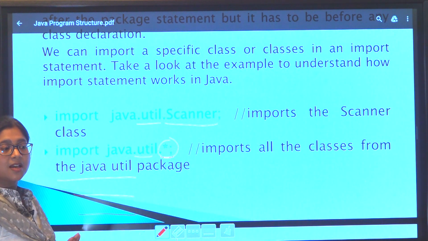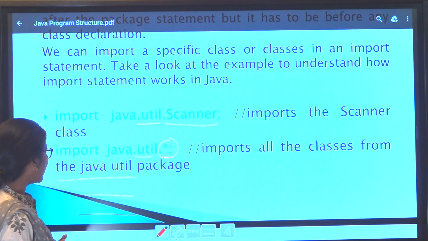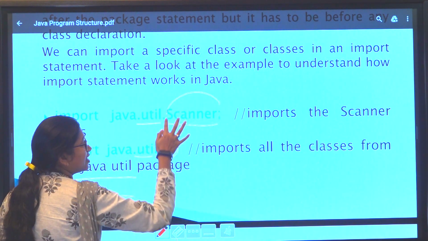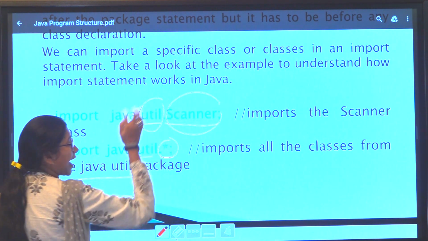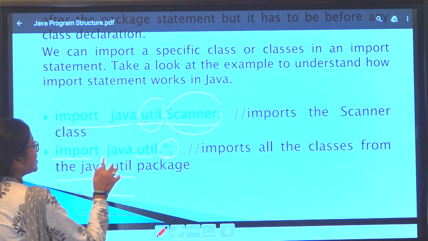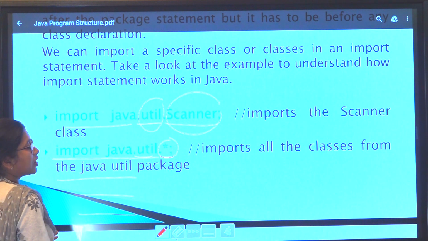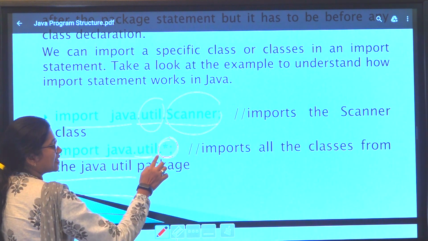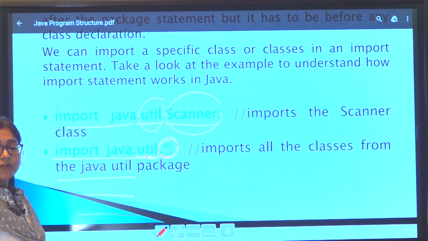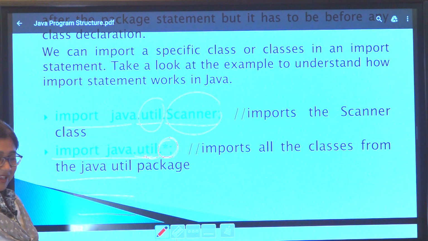So what is the difference between these two? Here I am importing the Scanner class of the util package with the help of this syntax, but in this way we are importing all the classes of the util package. So these two are the syntaxes through which we can import our packages.